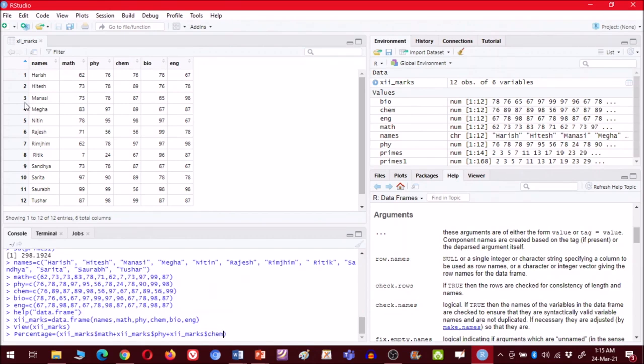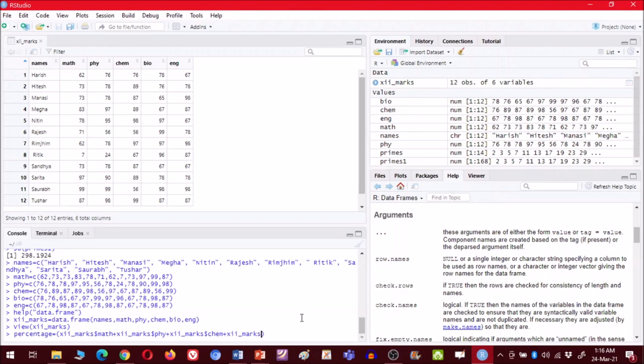As you can see, I am not adding this name symbol because this is a characteristic symbol. It will create an error. Then 12th marks, sorry, small letters. You should remember that R is case sensitive, so whenever we have put in small letters, we should use small letters, and whenever there is a capital letter, we have to use a capital letter. So let's make this percentage also small, because later on it will create a problem. So percentage, then